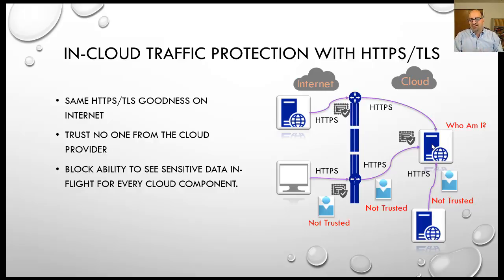So in this case here, you can see with these servers, we have the same certificates at the edge, but in the background here, we no longer trust everybody. None of these guys, when they come in, actually trust the server. So we're going to actually put certificates on all the internal servers when apps or people talk to them. And so we'll actually have an encrypted link, both internal and external. We'll just pay that cost. So it's kind of a trust no one from the cloud provider point of view